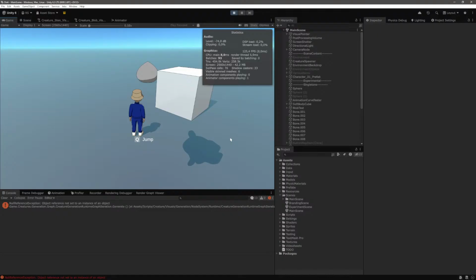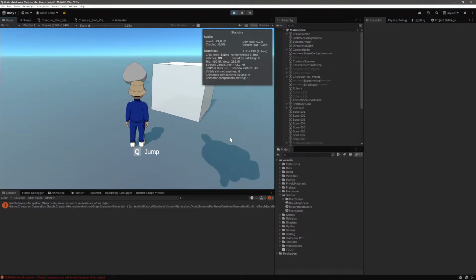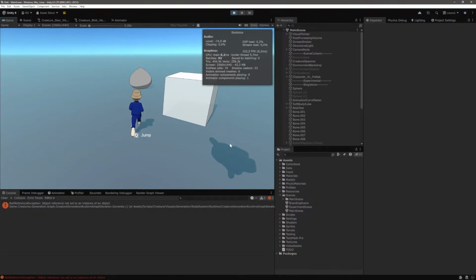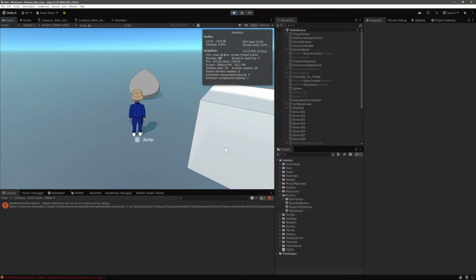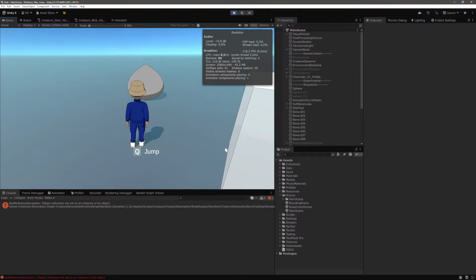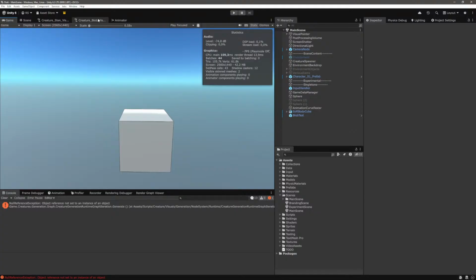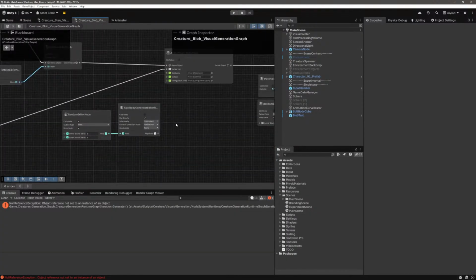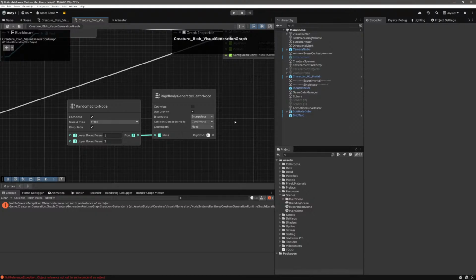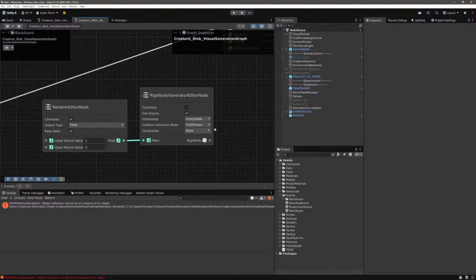So, I've been sick, haven't streamed or worked on the game for a while. So I guess we're gonna start by getting into it again. And if I remember correctly, we were in the process of adding bone generation to our creature graphs. I can actually see here that we were in the process of